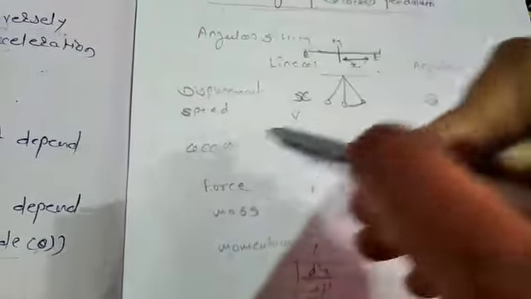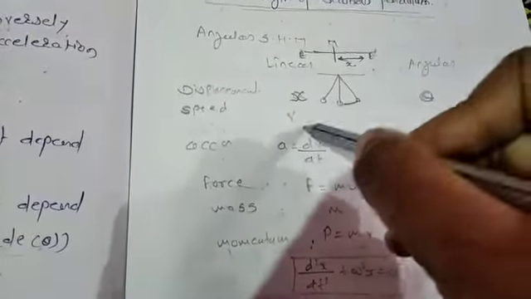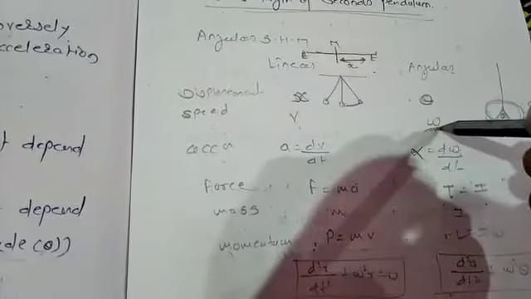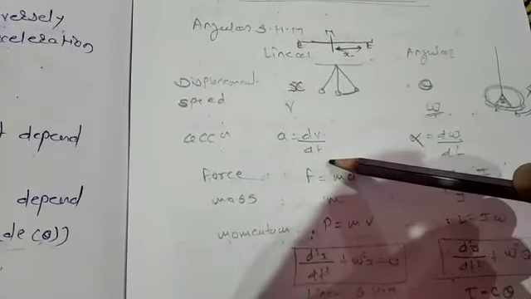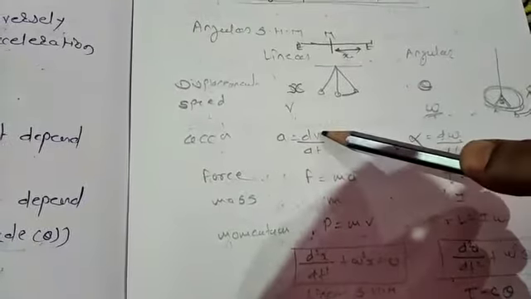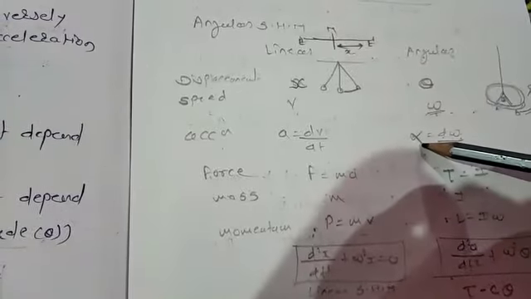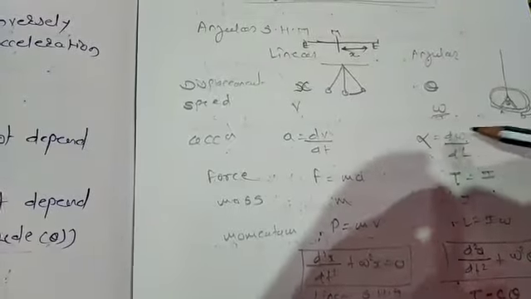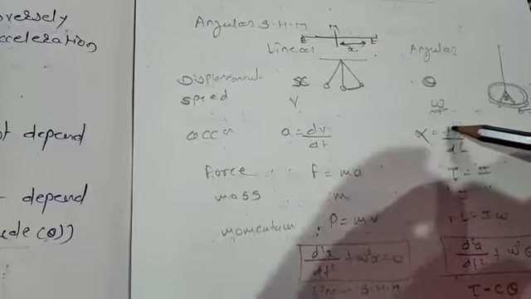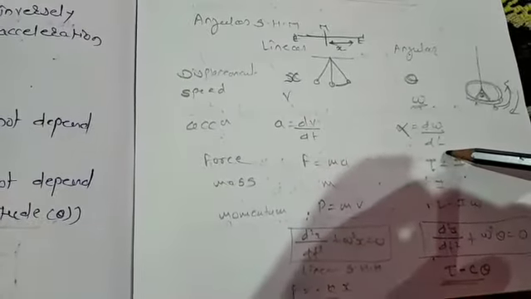The acceleration, velocity. First we'll see the speed that is denoted by v in the linear motion, and in the angular it is omega, that is angular velocity. This is the linear velocity. Then next comes the acceleration. Acceleration is nothing but the rate of change of velocity with respect to time. So it is nothing but the change of linear velocity with respect to time. It is denoted by a in the linear motion. In the angular we have alpha for acceleration, and it is equal to d omega by dt, that is the rate of change of angular velocity with respect to time.